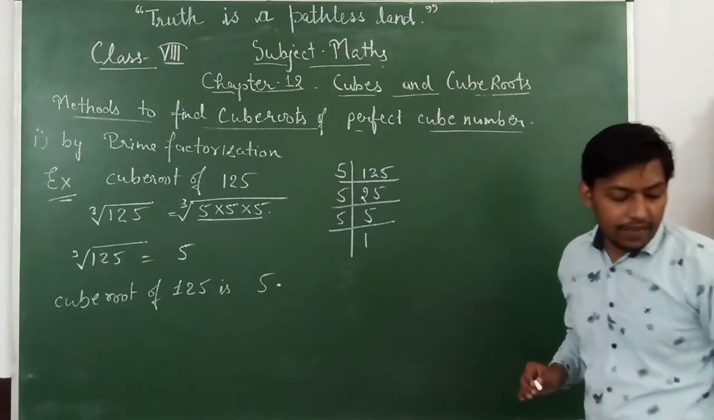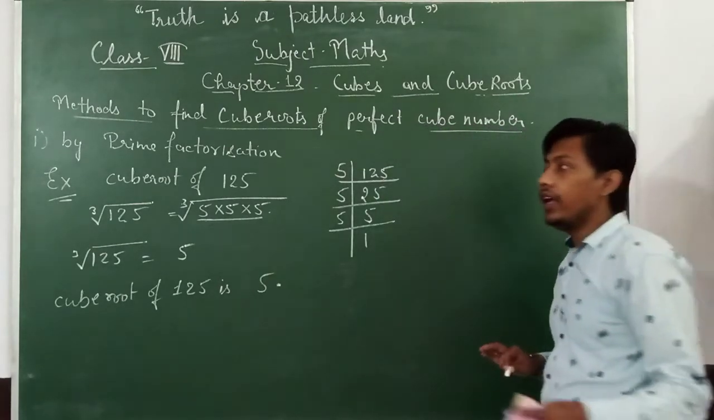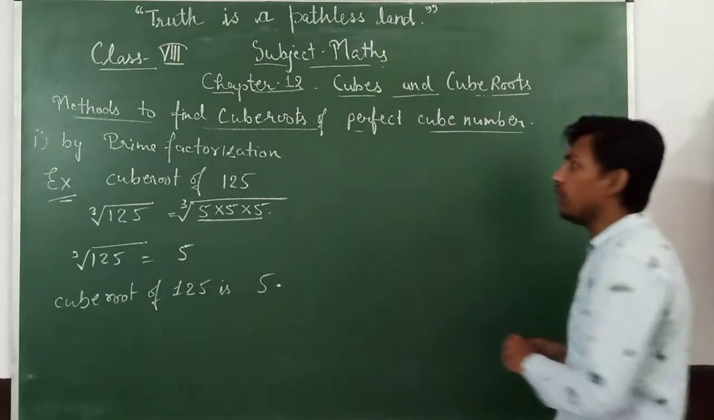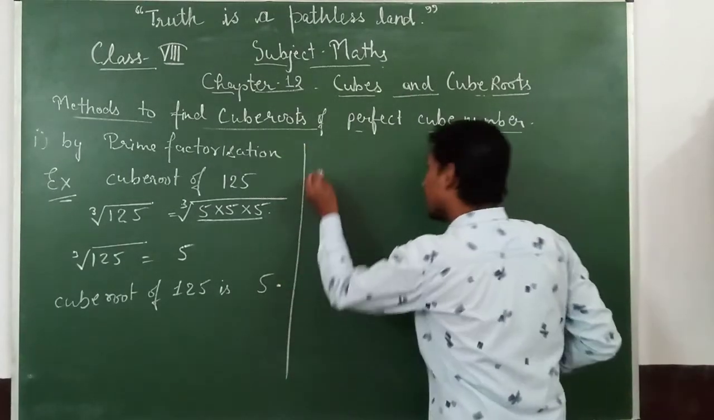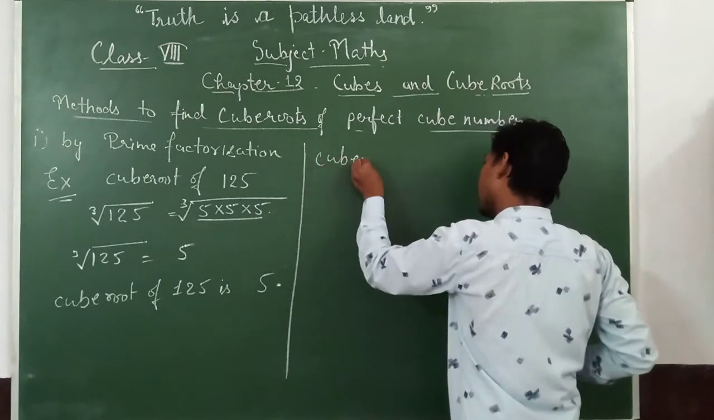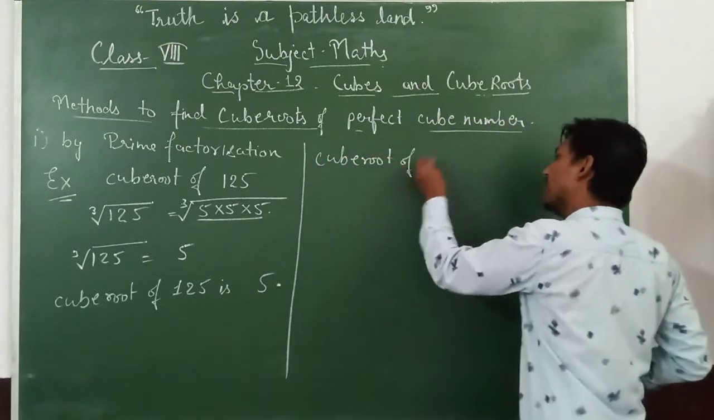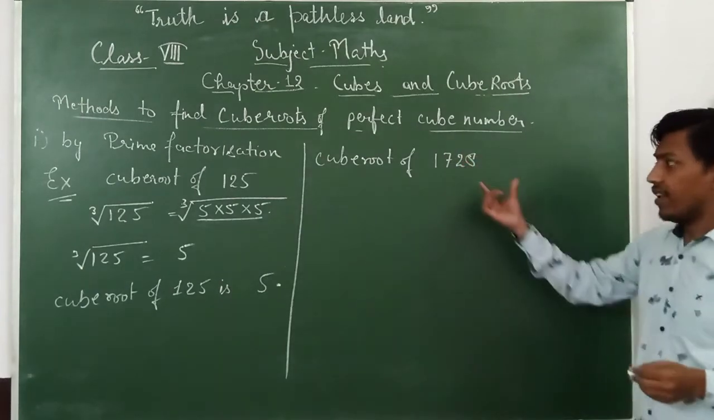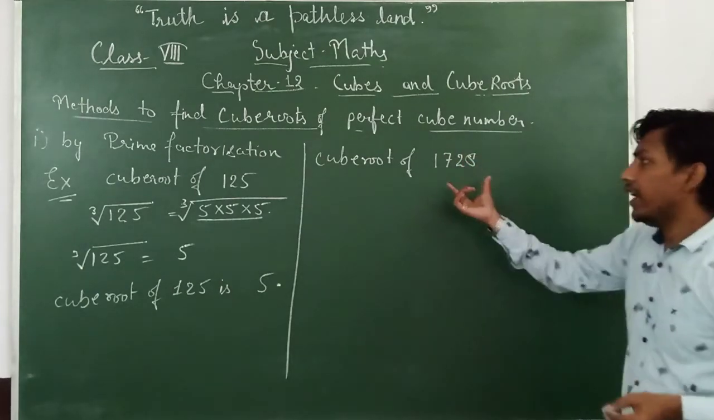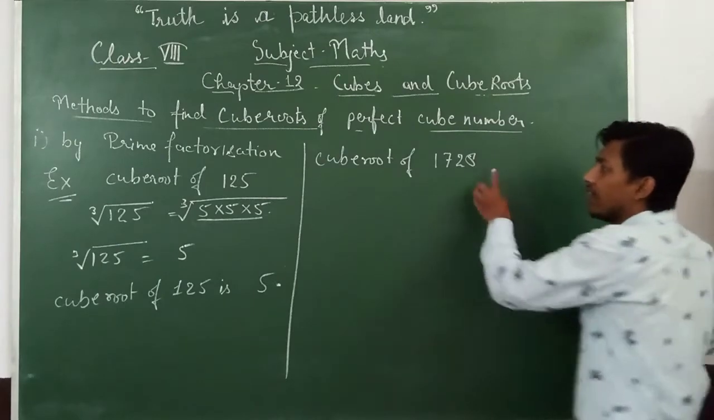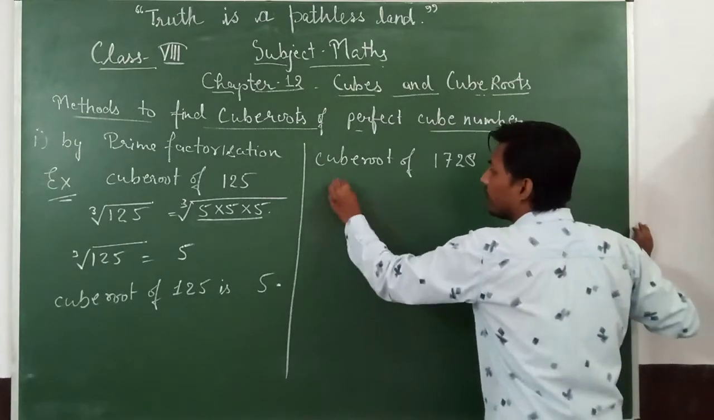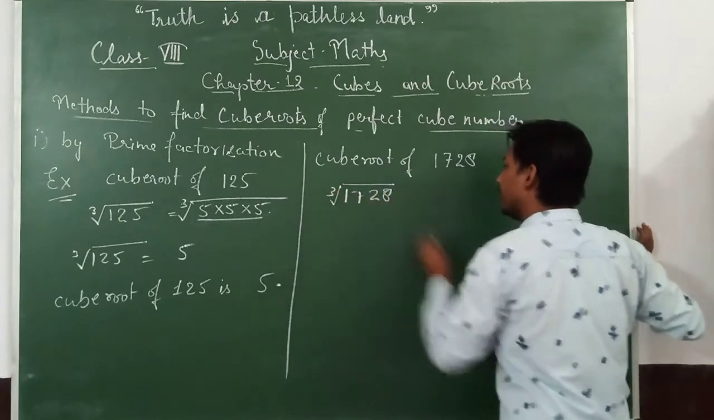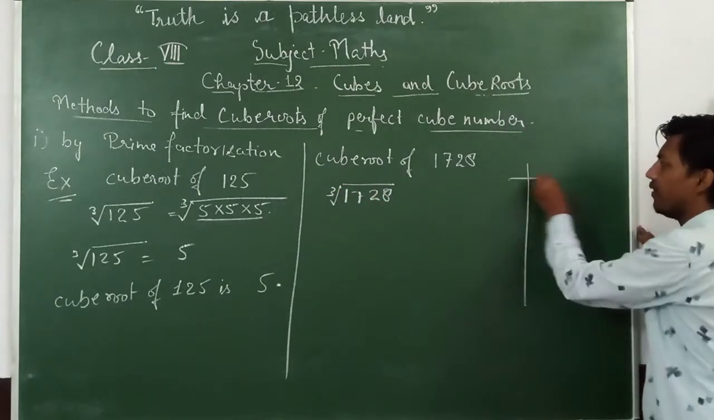Now take another example. Find the cube root of 1728. Let's first find the prime factors. First represent it as cube root of 1728. Prime factors of 1728 are